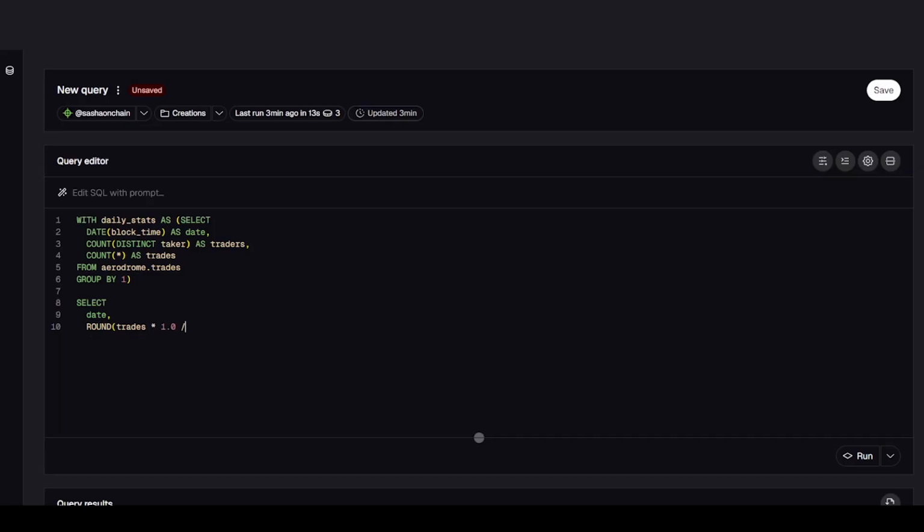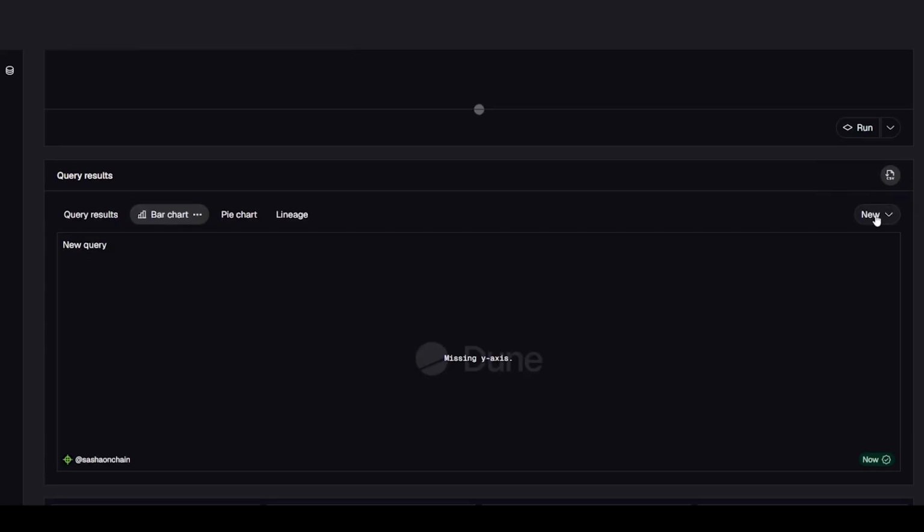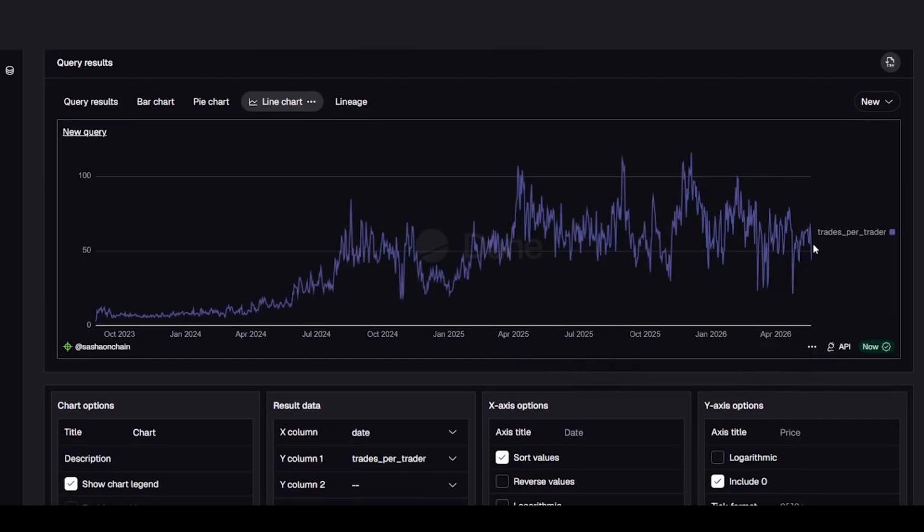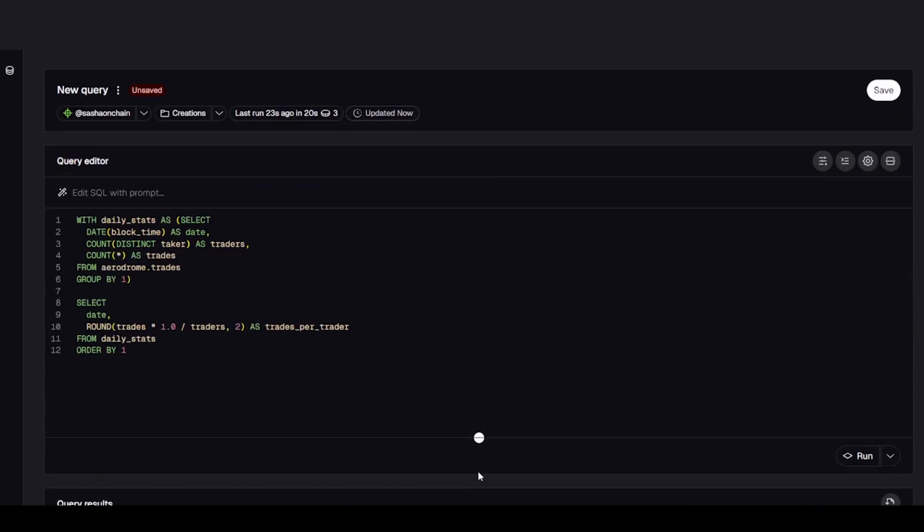Simple idea, how many swaps does the average wallet make? And honestly, these numbers are kind of insane. Some days we're seeing over 60 trades per trader on average. That usually means heavy DeFi usage, routine activity, LP management, bots, absolute degeneracy, which is basically DeFi culture in one